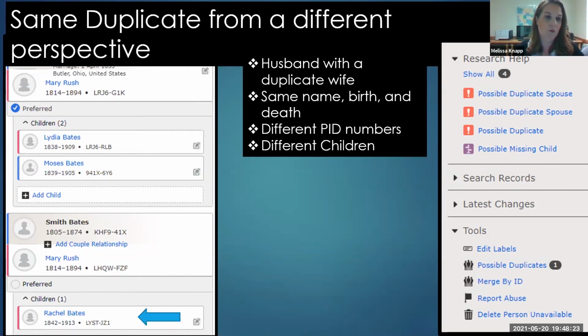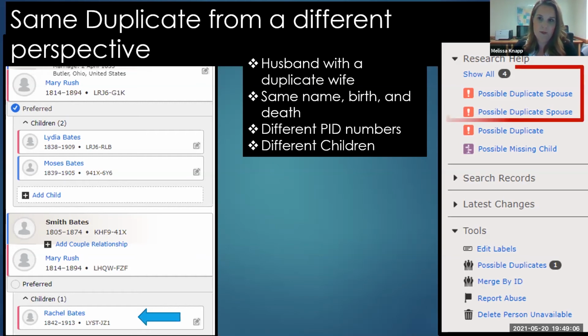Okay, so actually what we see, this is from a little bit different perspective. We see that this is actually her husband's person page. Sorry, I said that wrong. But under his person page, we have Mary Rush added twice. And it looks like the dates are pretty close. We've got the same birth and death year. Now we'd want to verify those dates, because what if he did have two wives named Mary and somebody just added one in as the other one? Well, we've got the children in under two separate families because we have two Mary Rushes. Well, it's looking more and more like maybe this is the same person,